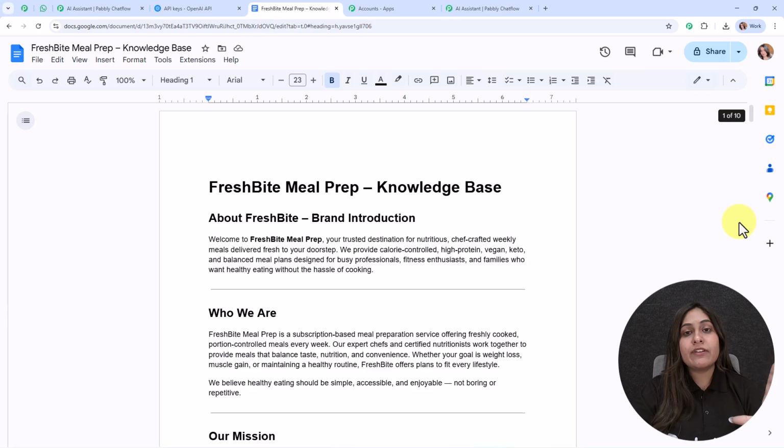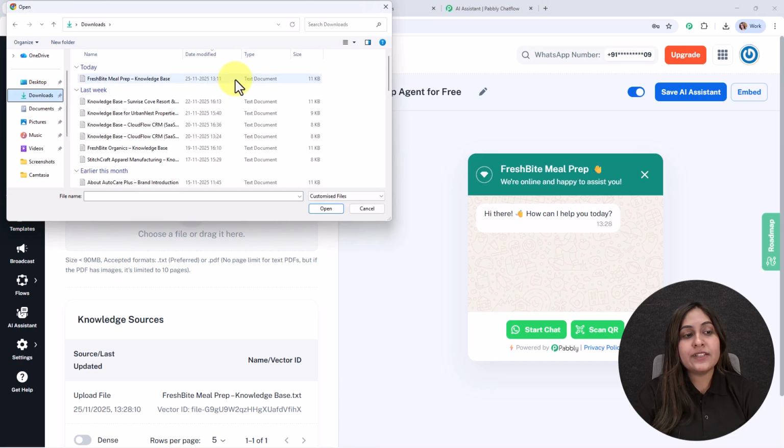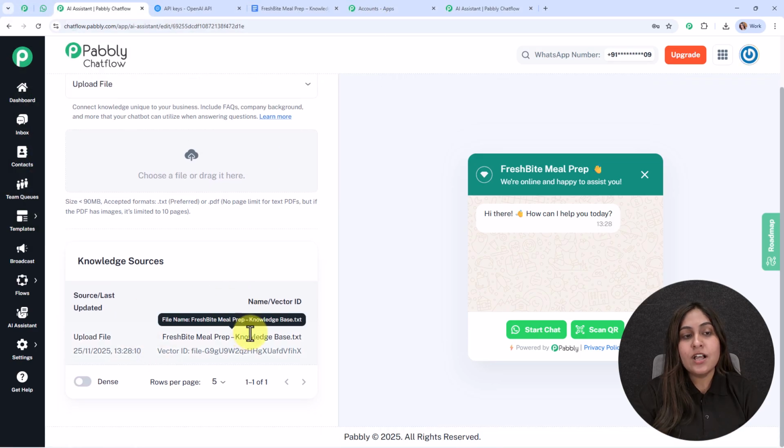After creating a knowledge base, you need to download this file either in the PDF format or in a plain text format, because only these formats are supported inside Pabbly Chatflow. I have already downloaded the file and uploaded the same over here in my assistant. To upload the file, you need to click on this option and then select the file that you want to upload. After that, you need to click on this open button and it is going to get directly uploaded over here. Alright, so this was all